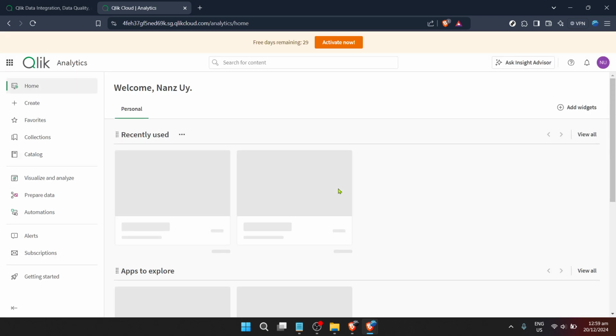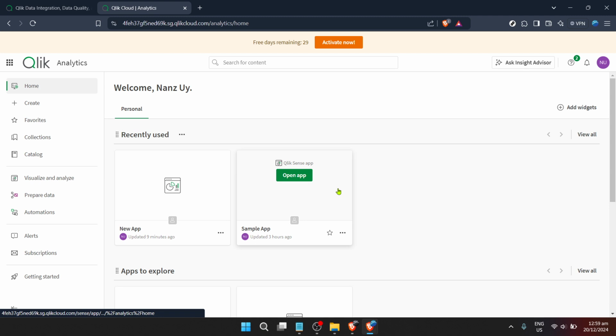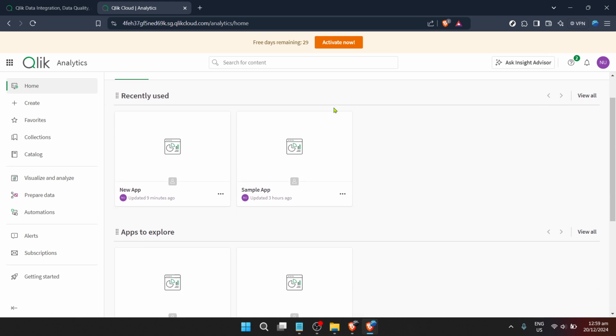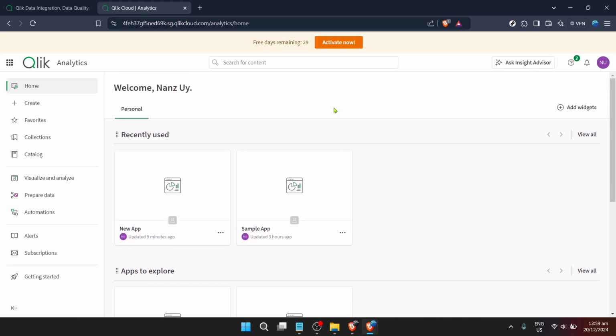After you've entered your email, the next step is to input your password. Security is a top priority, so make sure you type in your password correctly to avoid any unnecessary delays. Following the successful entry of your email and password, you simply need to click on the Login button. This action will verify your credentials and grant you access to your Qlik Cloud portal, which is where the magic happens. Upon logging in, you'll be greeted by the Qlik Cloud homepage.